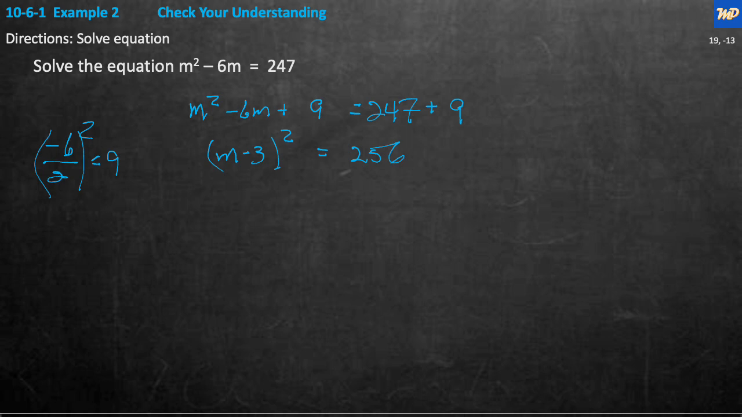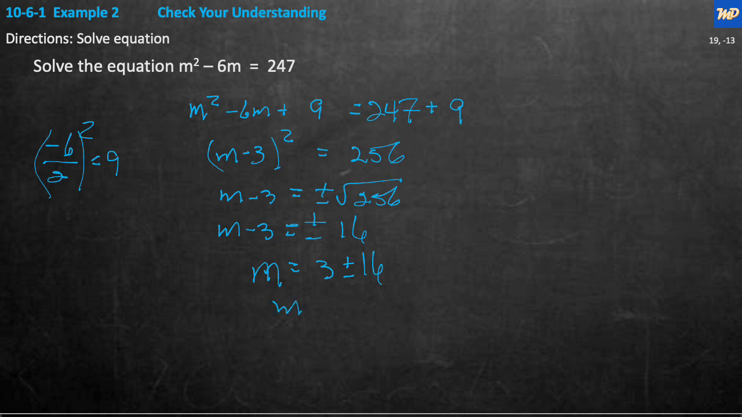Well, this will easily square because it's a perfect square. So it's going to be m minus 3, and that's going to be equal to plus or minus the square root of 256. Well, now we have m minus 3 is equal to plus or minus the square root of 256, which is 16. Solve for m. m is equal to 3 plus or minus 16. And that's going to give us,